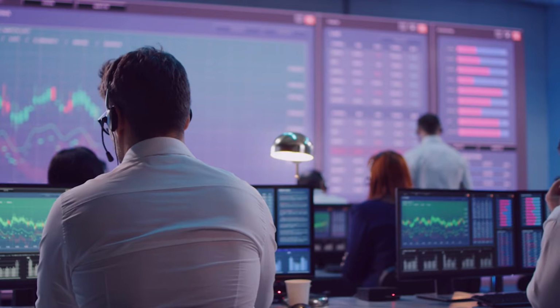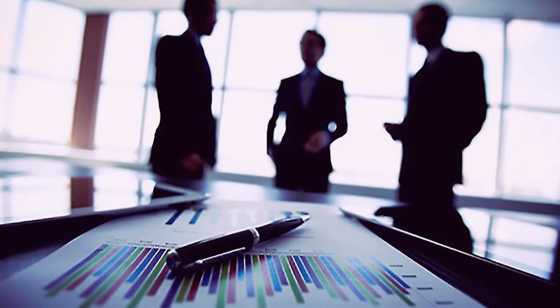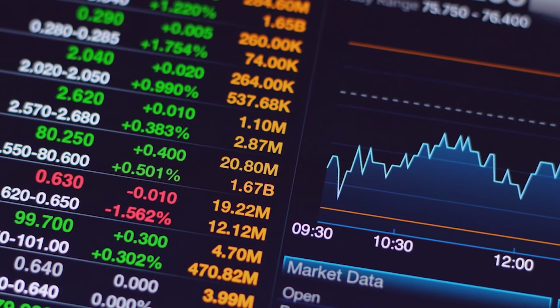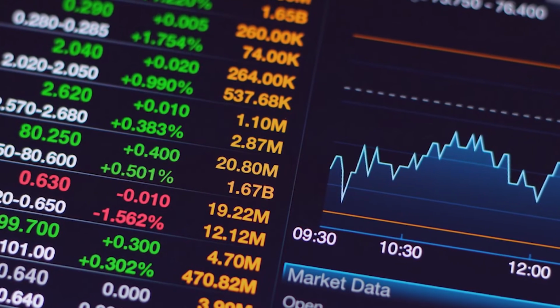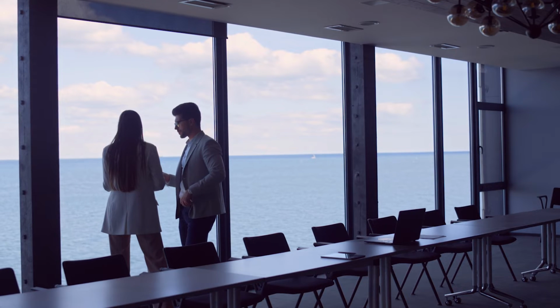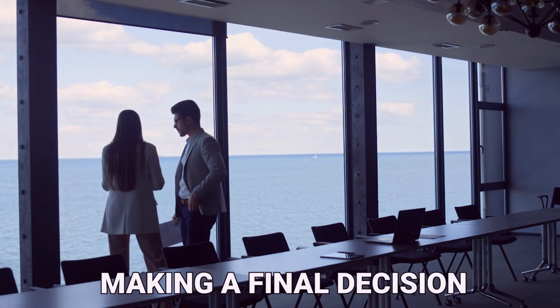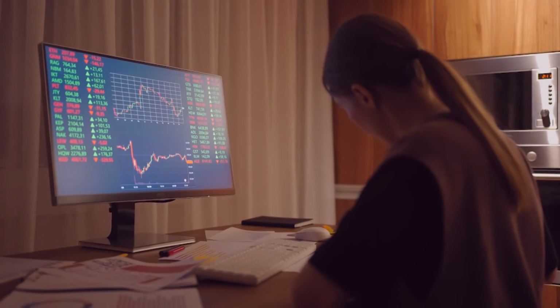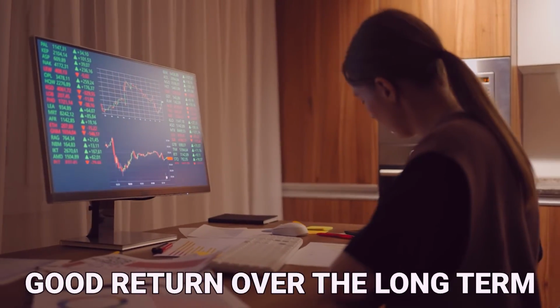The decrease in stock market prices has shaken investors' faith. As a result, investors keep their money out of the system, resulting in a drop in the overall price of the stock market. If you're considering investing, it's a good idea to wait and see how the market is performing before making a final decision. Keep in mind that the stock market has always had a good return over the long term.